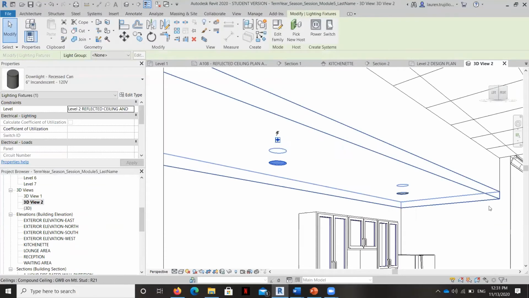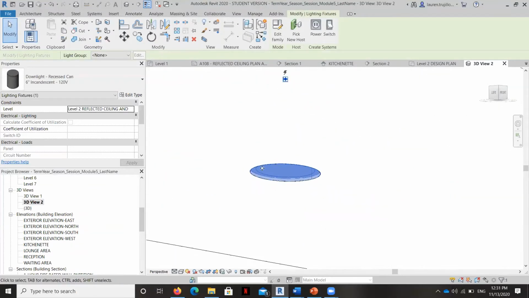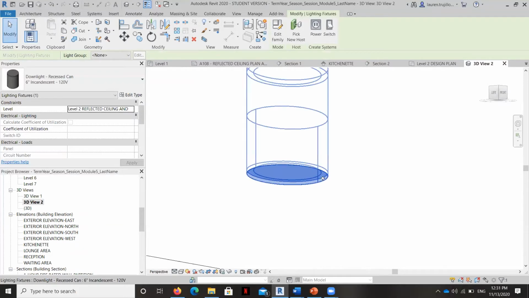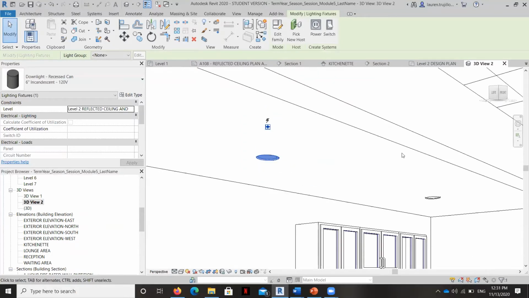Well, they're there. These are really thin. You can see they're recessed, so you don't see a thickness of them. There's another family, and you can see this is an incandescent, so it's not a very efficient one. You can see that if we use an LED, sometimes you can see the little trim thickness in an elevation view, but you can't see it in these ones.